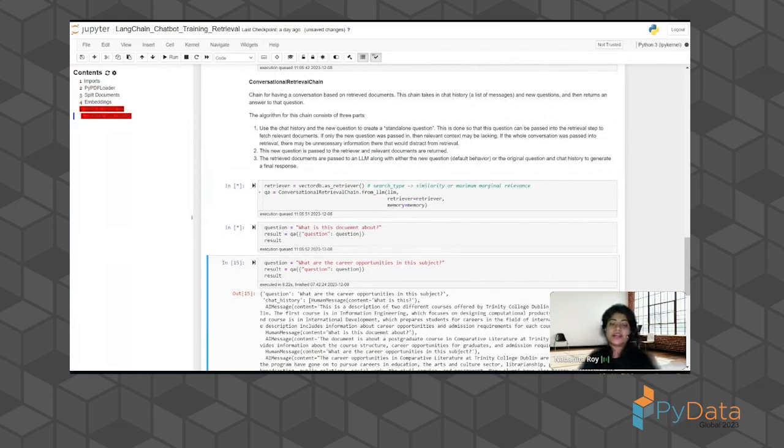And you should be able to ask questions about your document now. And you notice how it can also detect your spelling mistakes as well.